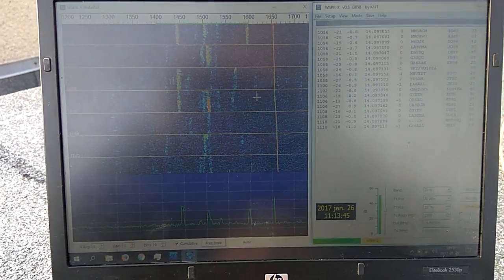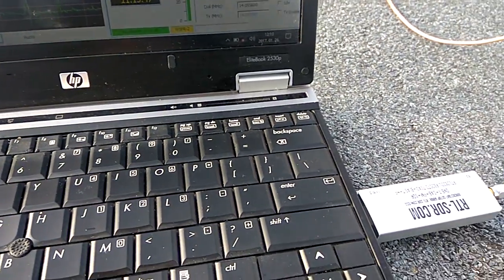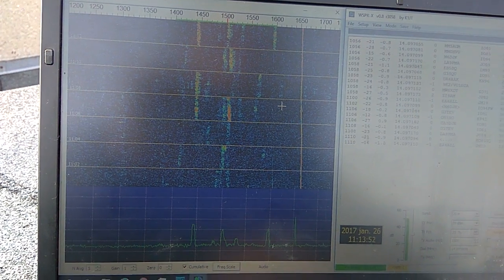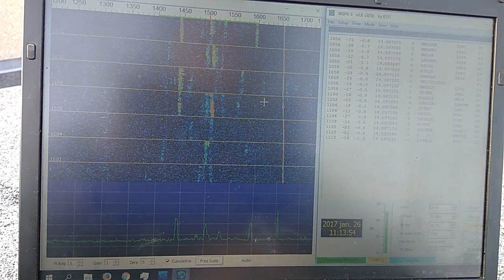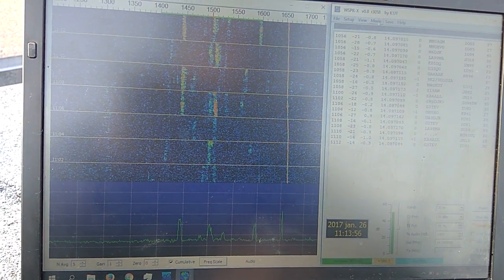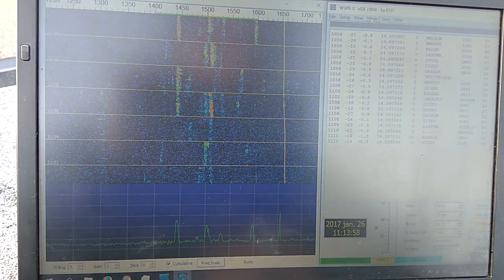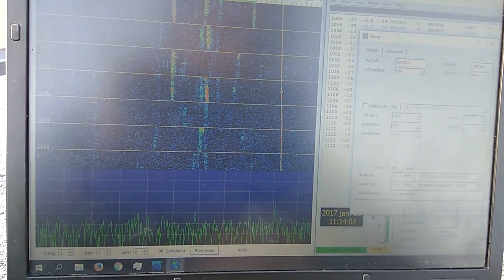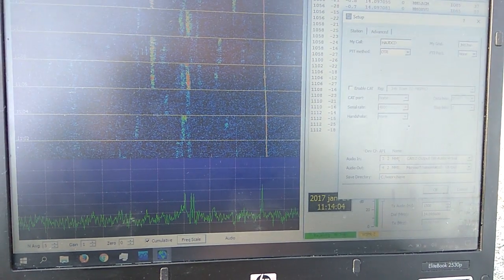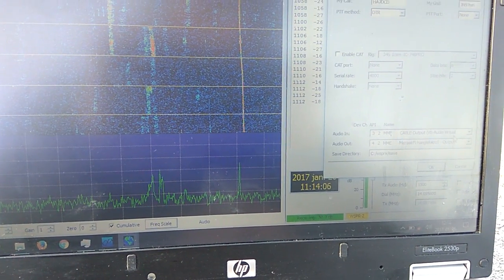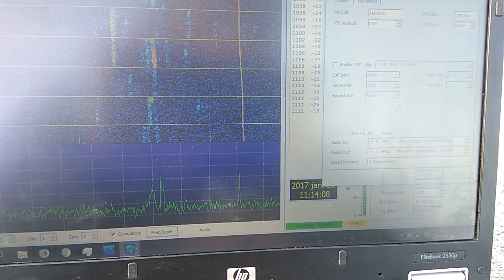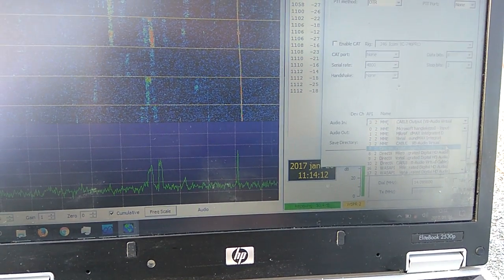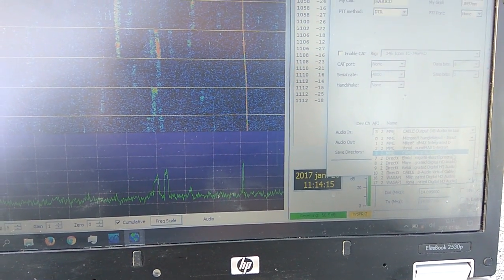I really didn't do anything, just plugged in the dongle, no calibration, nothing needed, just setting the correct frequency for WSPR, and it works. Probably the last trick what I want to show you here is the audio input. I'm using the VB audio virtual cable. It's really important if you want to make an elegant solution and you don't want to